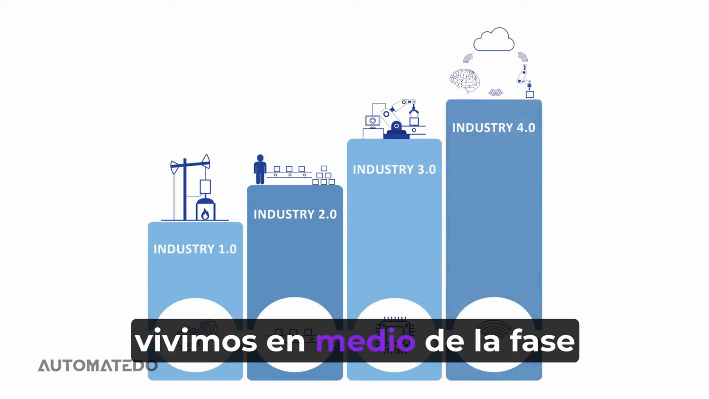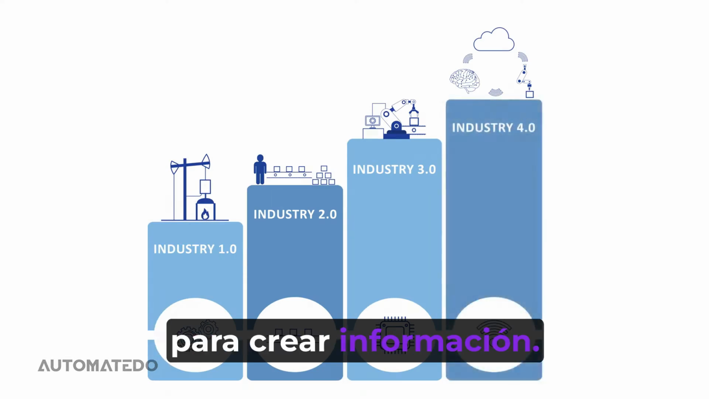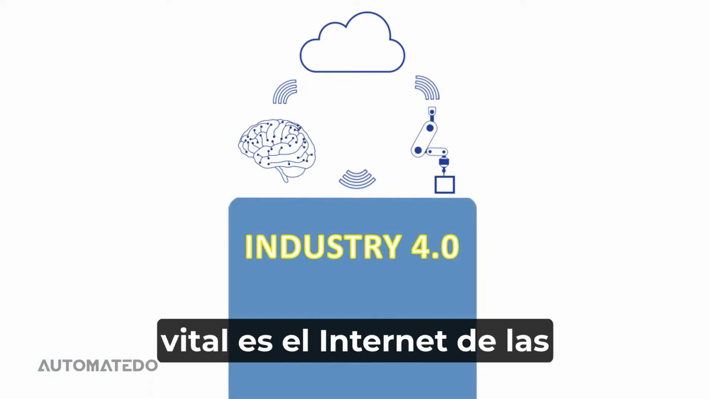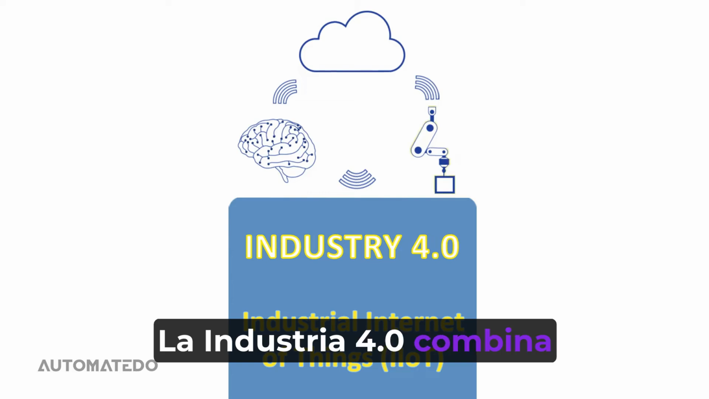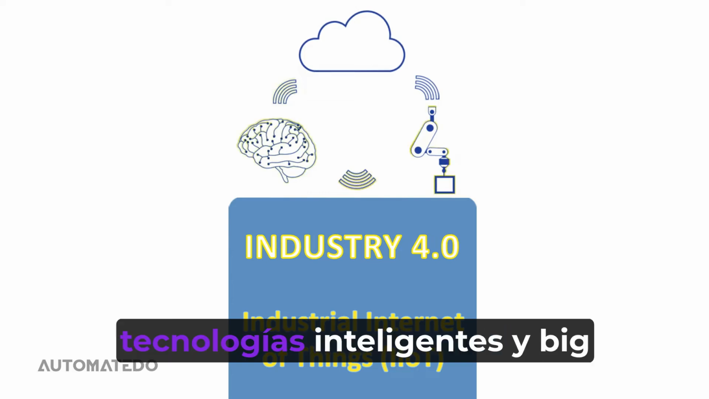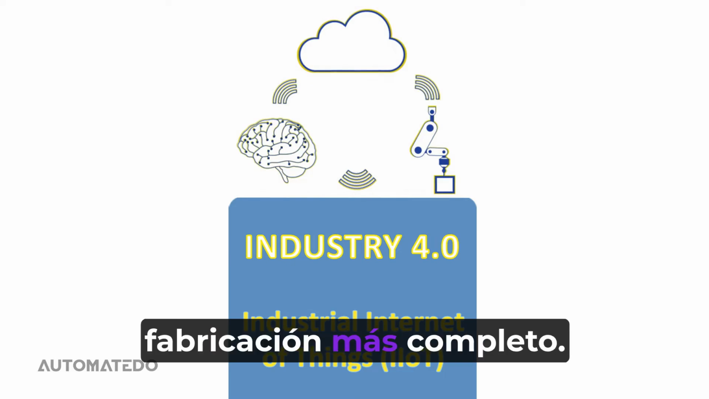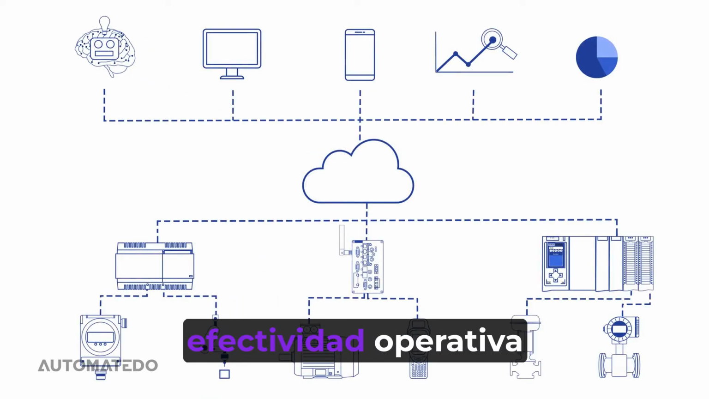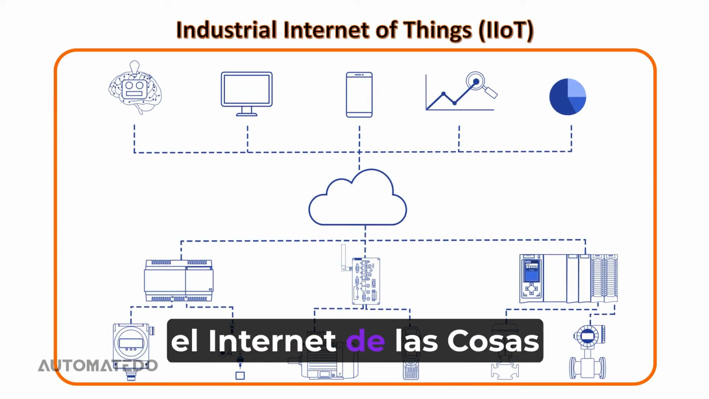Nowadays, we live in the middle of phase 4 of industrial automation, using data to create information. This evolved phase of automation is called Industry 4.0, and its vital technology is the Industrial Internet of Things, or IIoT. Industry 4.0 combines physical operations with intelligent technologies and big data to create a more comprehensive manufacturing environment. So, if industrial enterprises look for game-changing operational effectiveness, they should invest in and embrace the Industrial Internet of Things,